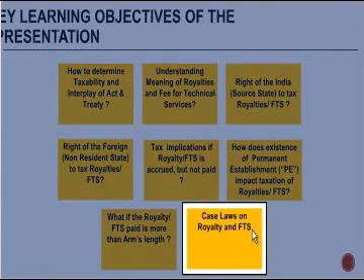And last, but the most important, case laws on royalty and FTS. Now, there are more than 1,000 case laws that we have today in India on these two topics alone. Each one of them, based on the facts and the agreement, has resulted in interpretations which at times are difficult to reconcile. Right? Because the judiciary has to deal with so many of these things where one particular thing can be interpreted differently depending on the facts of the case.